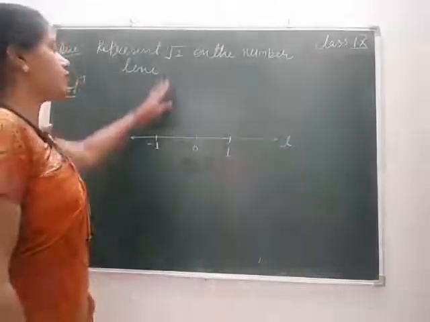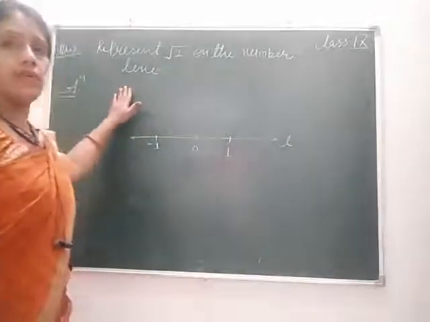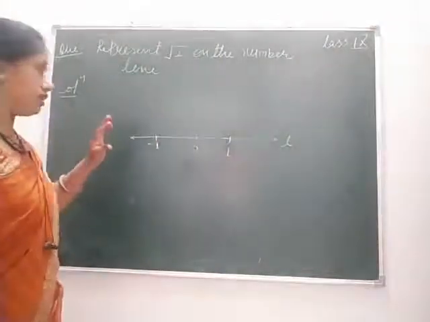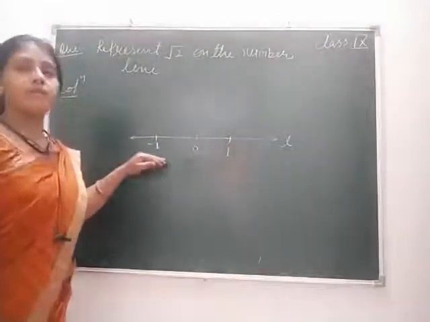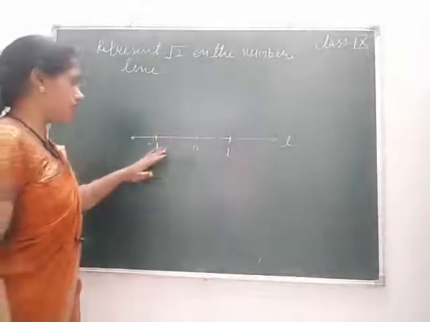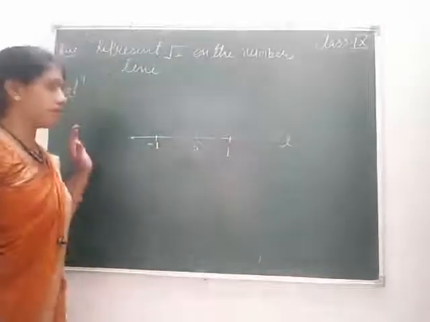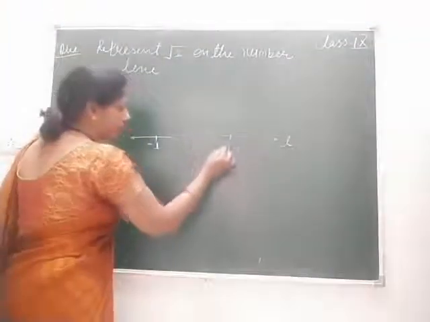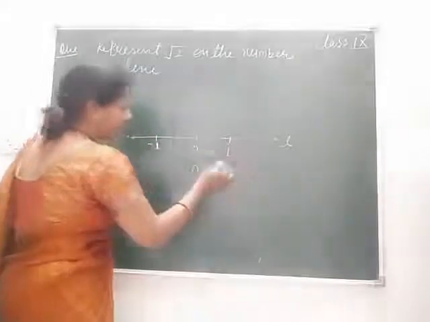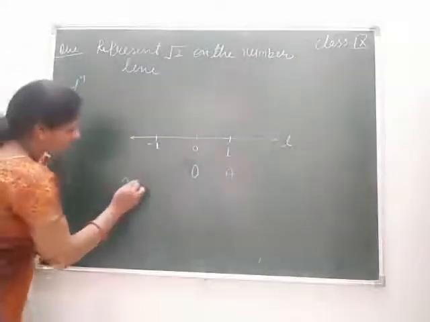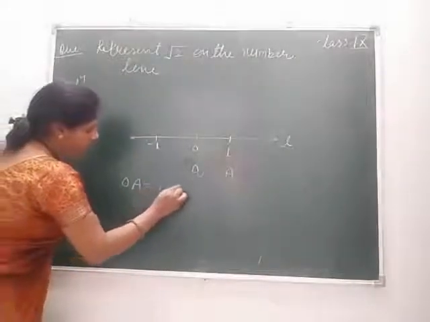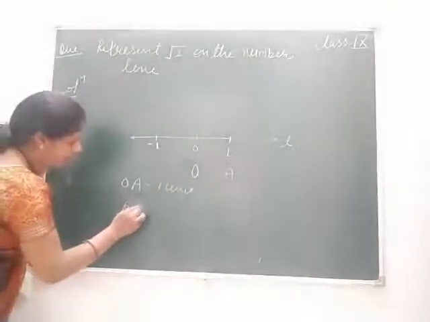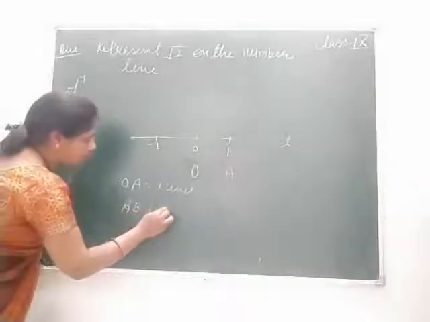Question: represent root 2 on the number line. रूट्स वाले नंबर को हम नंबर लाइन पर किस तरह रिप्रेजेंट कर सकते हैं? ओके, मीन्स वी टेक द नंबर लाइन 0, 1 and -1. The L line is the number line. Okay, means O is the represent of 0 and A is the represent of 1. AO equals to 1 unit. And AB, we take the AB is the perpendicular to OA.